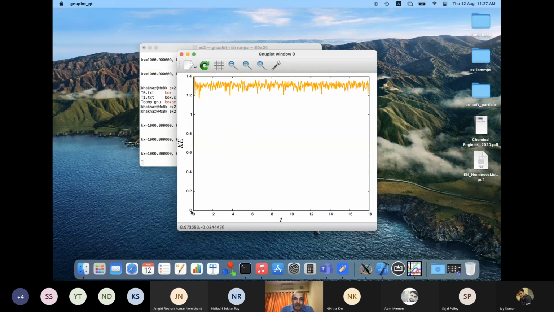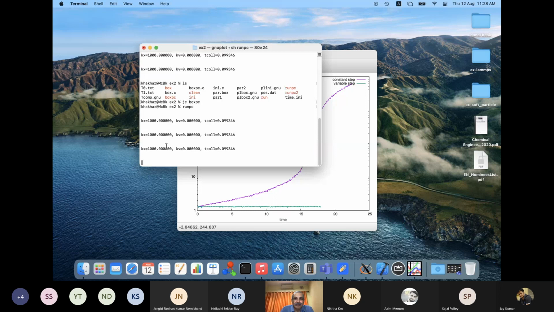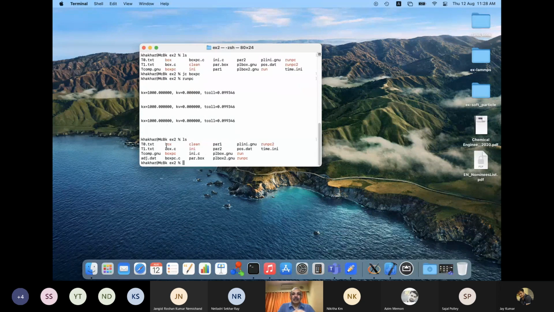Okay, so we've done it for a long time, up to 18 seconds, and it's still fine. And this is just to show off that with the predictor corrector, this is how the kinetic energy is, the green line. And when you have no predictor corrector, your kinetic energy just blows up to some huge number. So this is a very simple way, and you can see the time step doesn't make much difference. Now, if we run the same thing for